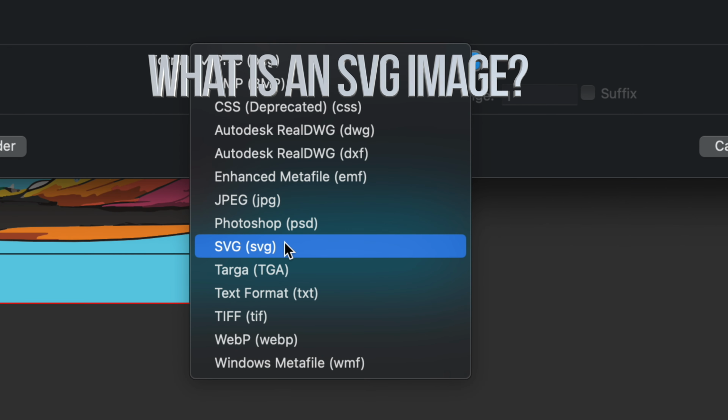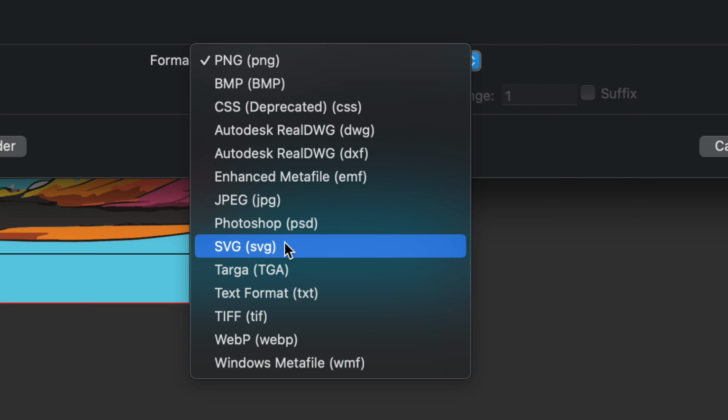SVGs are becoming more popular nowadays because you can just put them on your website, and they're very lightweight. They're always going to look good because it's technically not a downsampled image, so it's not a raster image such as a PNG. This SVG would be a vector image,